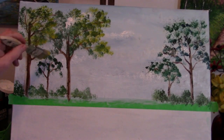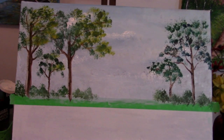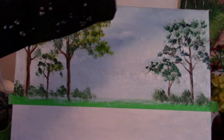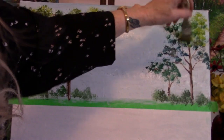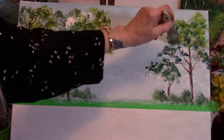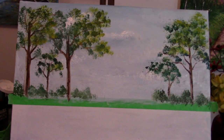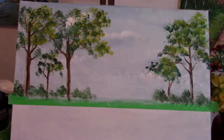Nice. And over here, the sun's coming in, it might hit off this part here, I think. It's hard to tell when you're not there, hey? Still nice to layer your paint anyway, because it brings out your trees more. Leave some of the darks there. Good. It's pretty. Same with your